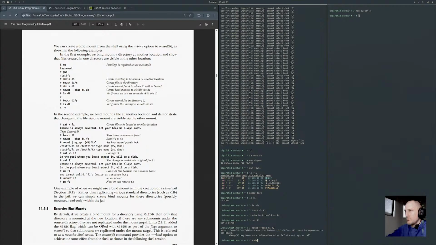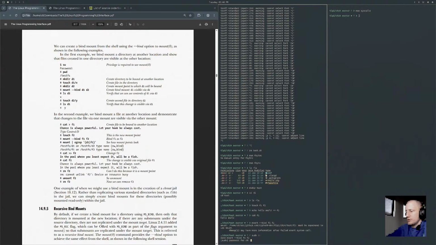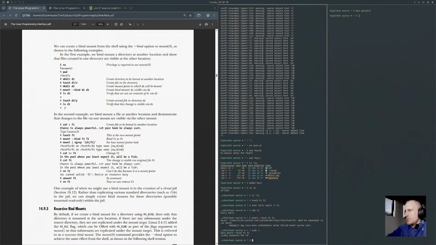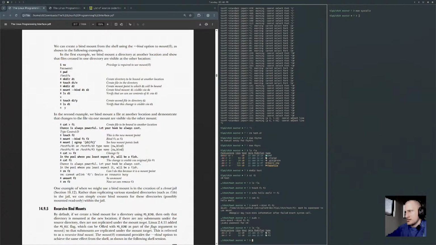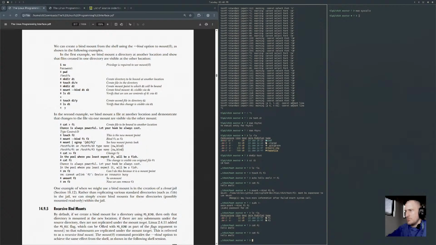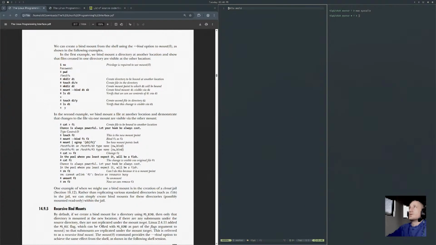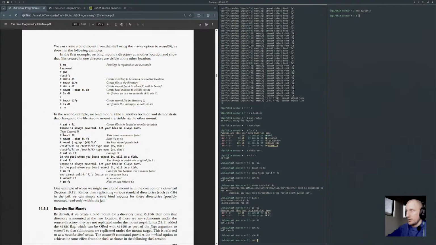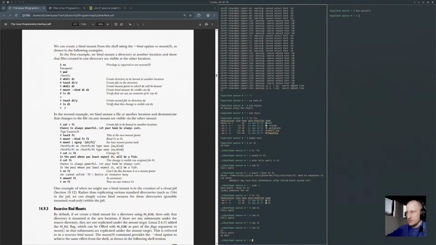Yeah, I have to sudo that. Okay. And if I ls here, so now if I cat F2 and cat F1, and if I vim F2 and say, yo, my man, and cat out F1, it has everything.